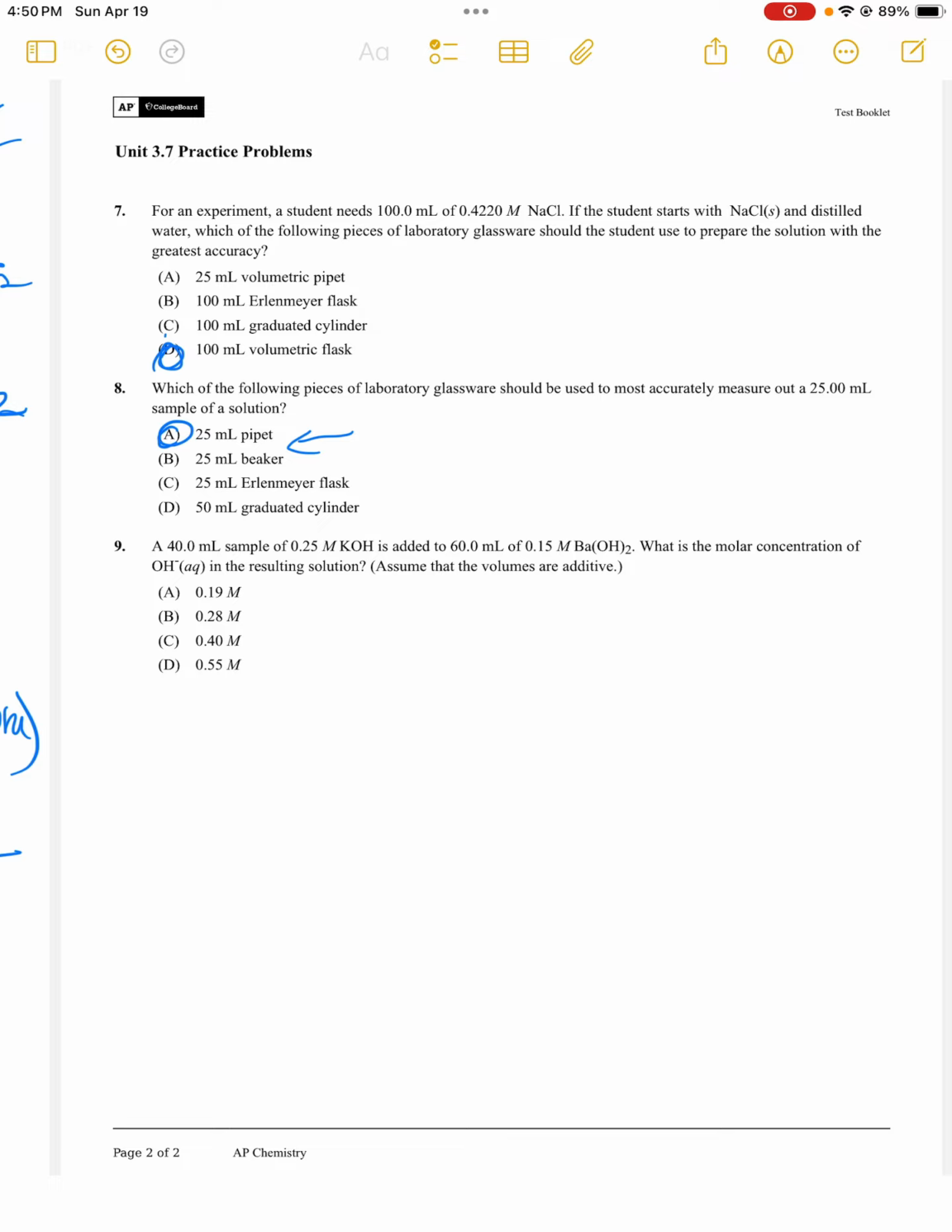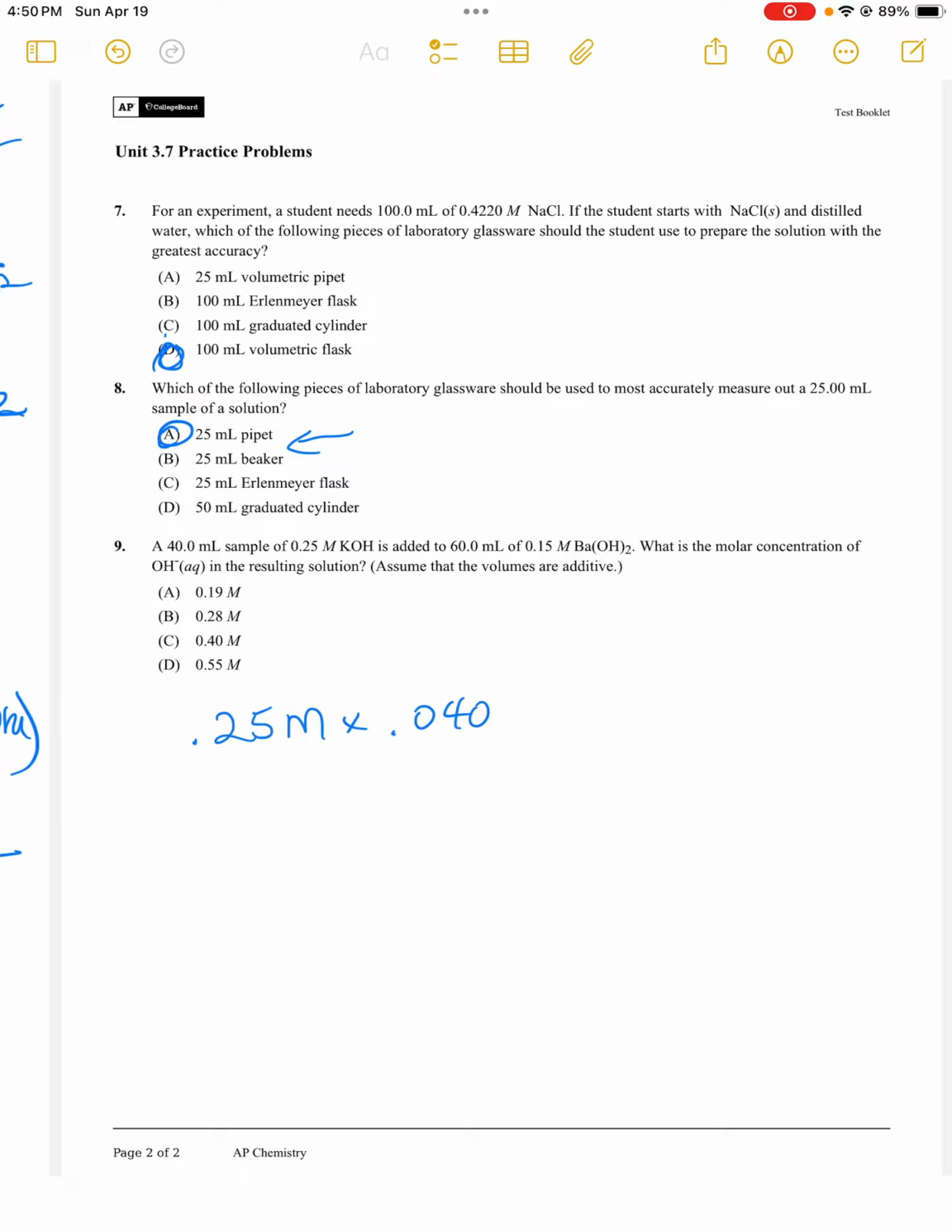So what I'm going to do is figure out how many moles of hydroxide I got from the potassium hydroxide, how many moles of hydroxide I get from the barium hydroxide, add those moles together and divide by the total volume after those two solutions have been mixed. So 0.25 molarity times